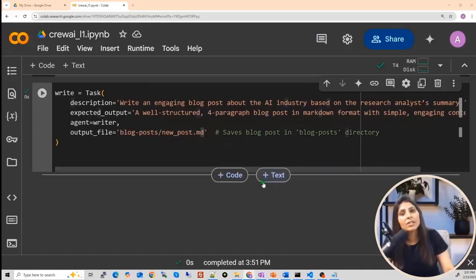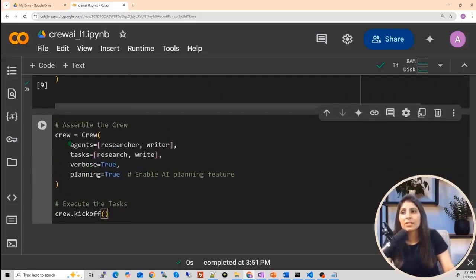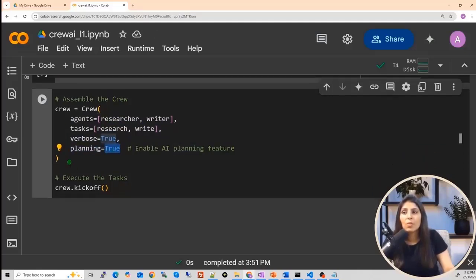Now we have the task, we have the agent, we have the tools. Now we want to write the code for Crew, meaning the process, and we will run it. To do that, we are writing like this. See, in a crew variable, we are creating a Crew. We are writing the names of the agents. So these are the 2 agents we have. Then we are providing the tasks also, a list of tasks. We have provided the list of tasks. We have provided the list of agents. Verbose true will show you the process on screen. Planning true. And then once you define the Crew like this, you need to use crew.kickoff to see the output.